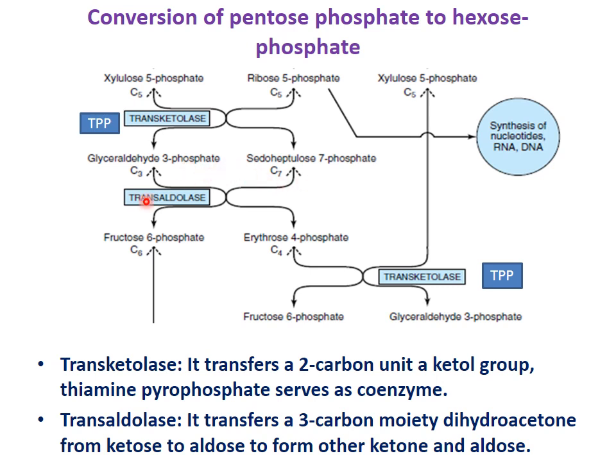Now these 3-carbon and 7-carbon compounds, that is glyceraldehyde 3-phosphate and sedoheptulose 7-phosphate, combine to form fructose 6-phosphate, and erythrose 4-phosphate is released, that is a 4-carbon compound. This is a 6-carbon compound and this is a 4-carbon compound. Now this erythrose combines with the third xylulose produced, in the presence of transketolase and TPP, to form fructose 6-phosphate and glyceraldehyde 3-phosphate. In this way the cycle is completed.